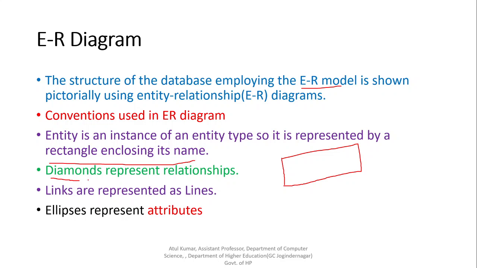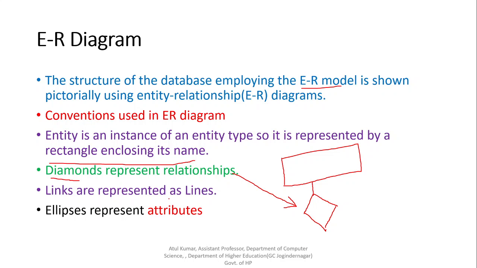Diamonds are used to represent relationships. A diamond is a shape like this. To represent a relationship we use the diamond shape, and the links between entities and relationships are